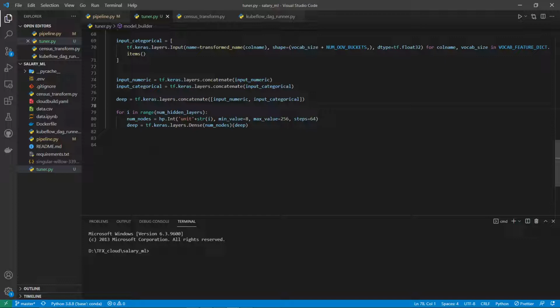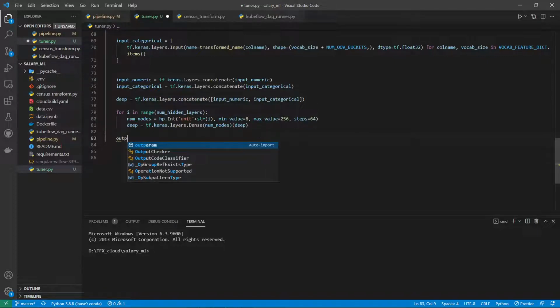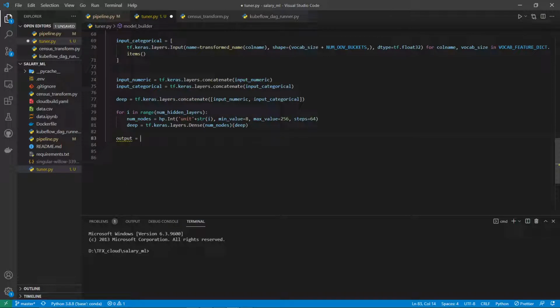So this would be how my hidden layers would look. After that, I can just specify an output. My output would be tf.keras.layers.Dense 1,